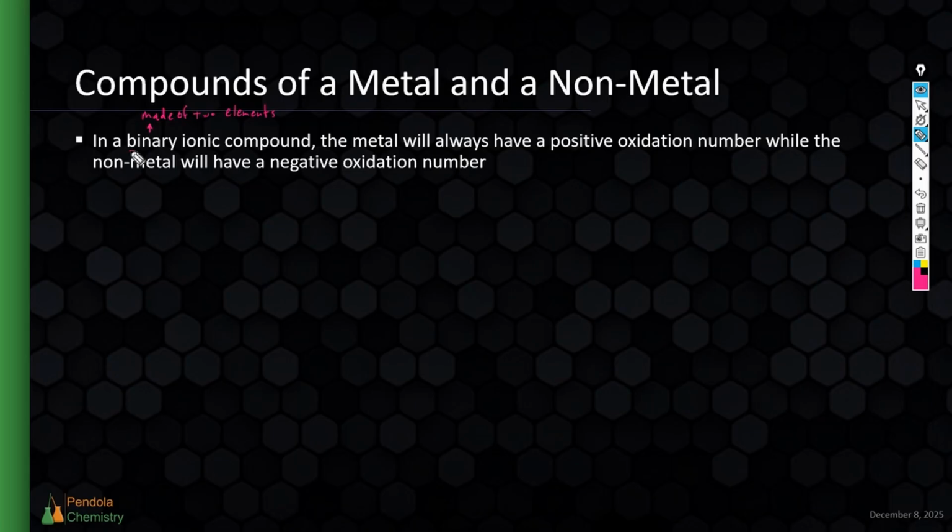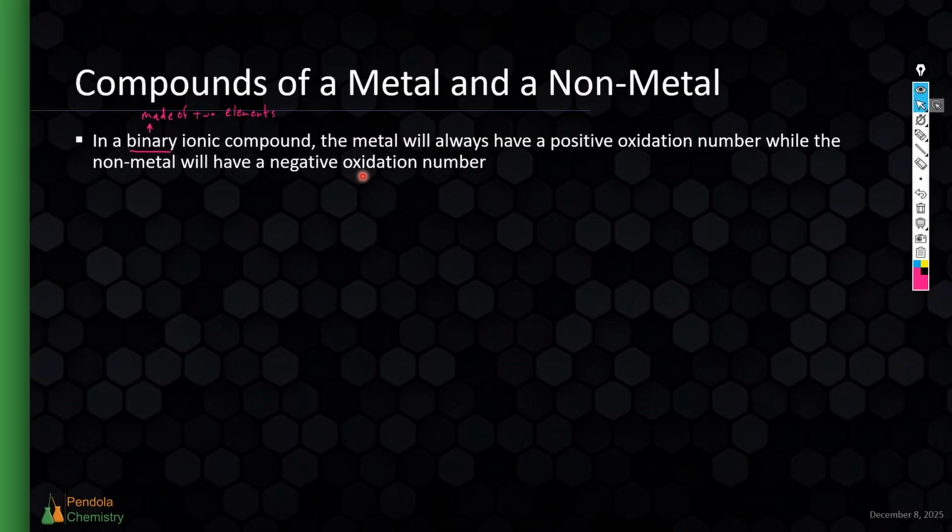Essentially, when we say we have a binary ionic compound, we mean an ionic compound where there's no polyatomic ion, meaning both the cation and the anion in the ionic compound are going to be monoatomic, or a single element. The metal is always going to have a positive oxidation number in this situation, while the non-metal has a negative oxidation number. And this is simply because of rule number 6 that we learned in 7.2,